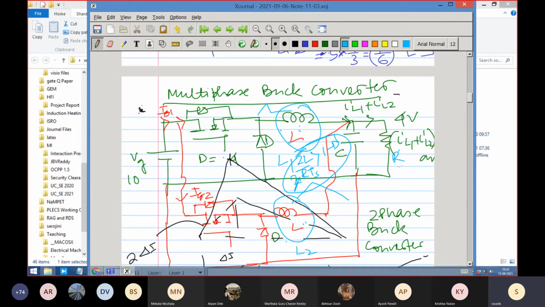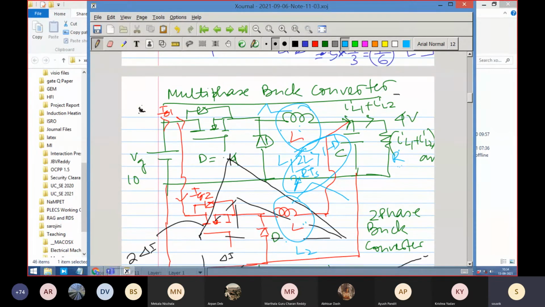But then it is not a truly multi-phase converter, because multi-phase means symmetry. Listen, just one second. Multi-phase means symmetry. When you say three-phase systems, we always assume that the voltage magnitudes are equal and the frequencies are equal. When you say a 415 volt three-phase system, we are assuming that phase-to-phase voltages are equal in magnitude, and the only difference they have is the change in phase. So it is definitely a converter in the structure of a multi-phase converter, but it is not working like one, because multi-phase implies symmetry.